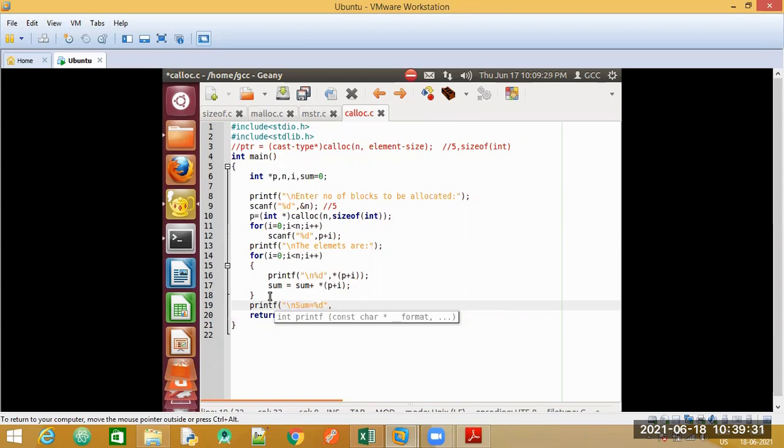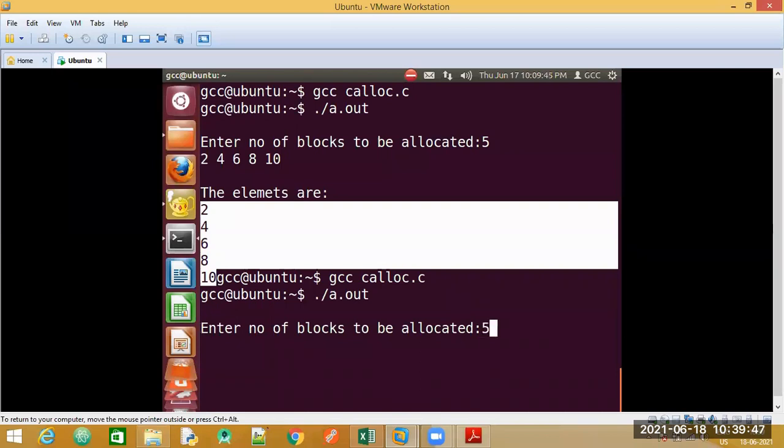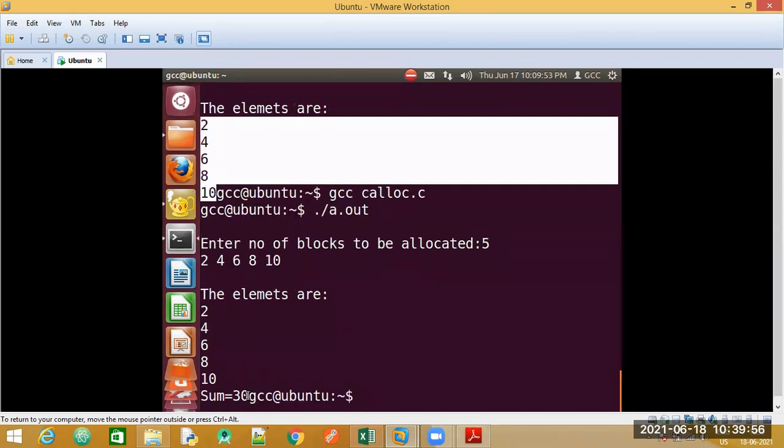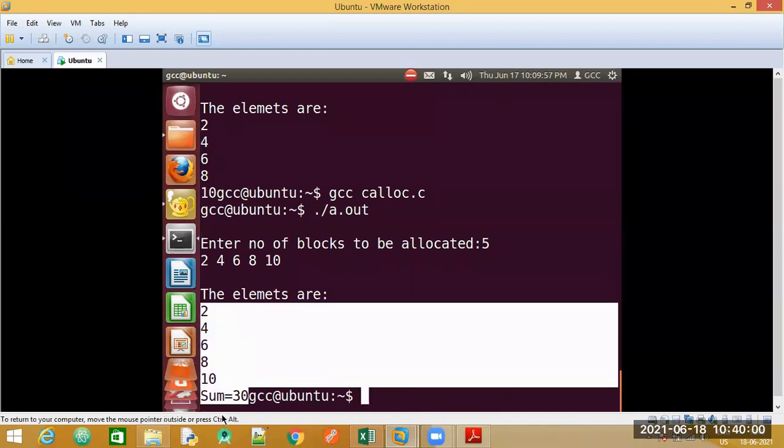Calculate the sum of those integers that I gave. 30. Okay, let's check. Here is the output. So sum is equal to 30.